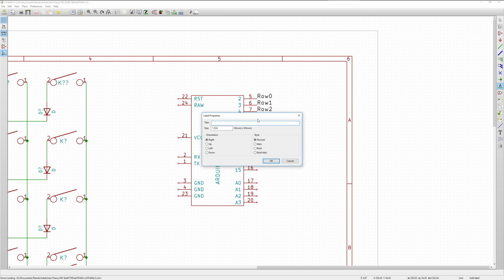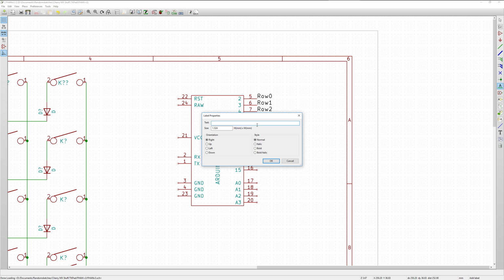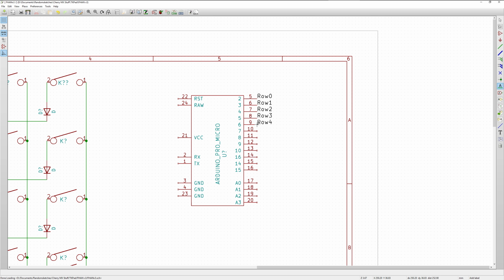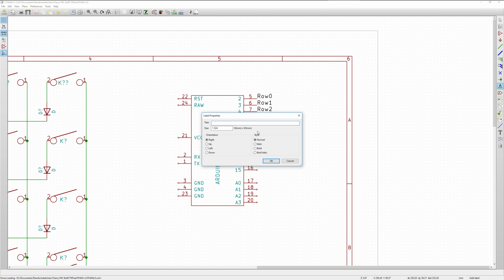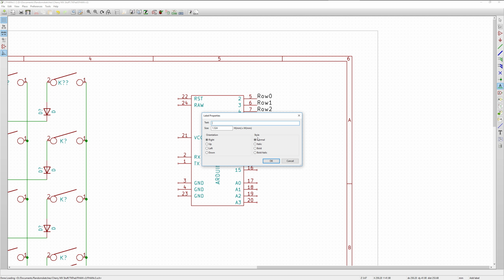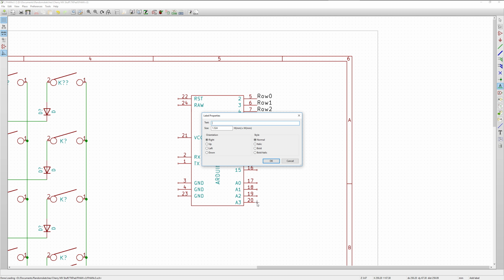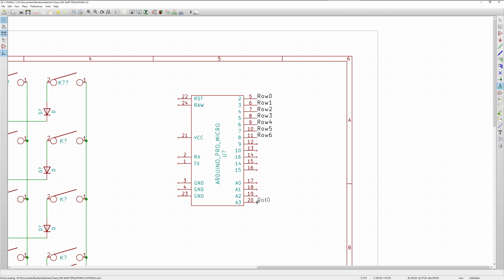I think the double enter works really well. That way you don't move your mouse and screw up the position and then have to find it again. What was I up to? Row 5, row 6, and then from down here below we're going to go column 0,